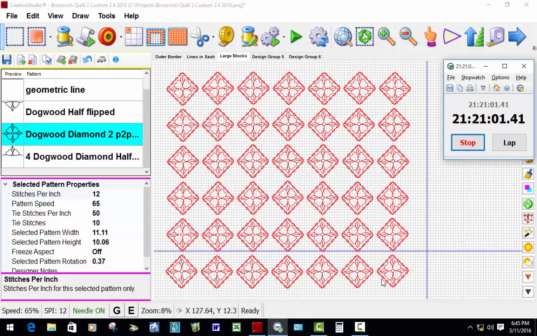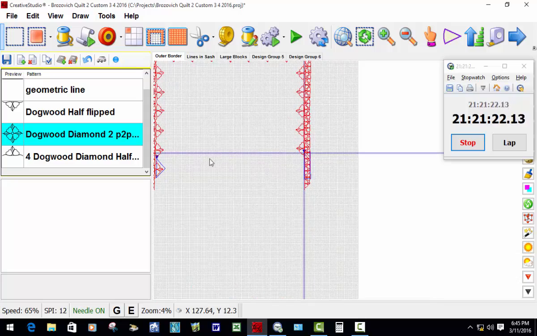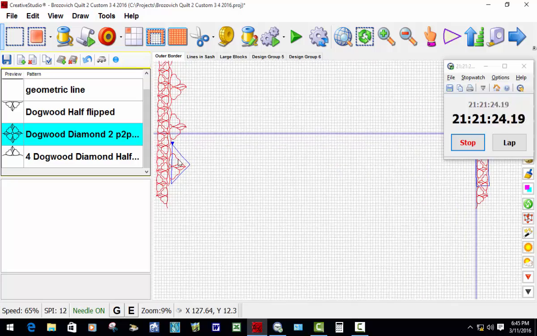All of these blocks are all stitched out, and you can see up here how much time I have in this project now, 21 hours and 21 minutes. So before I quit for the evening, I'm going to go to this outer border, and what I want to do first, I'm going to just move all these boundaries,